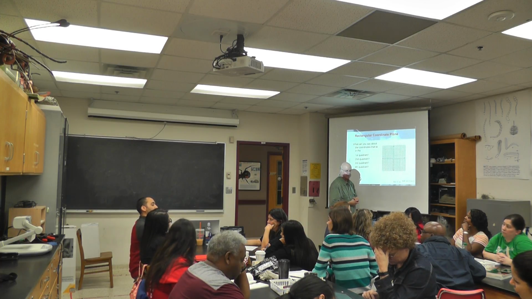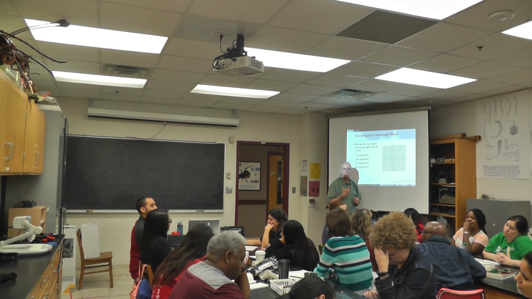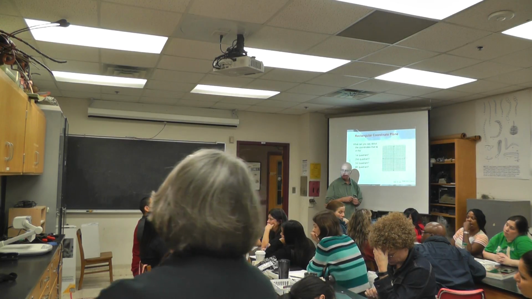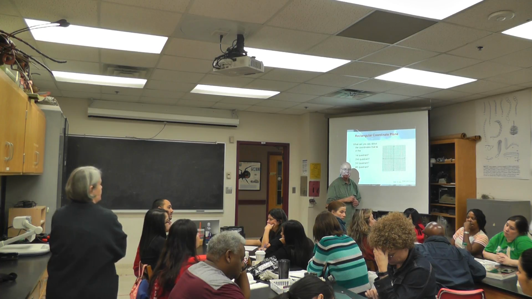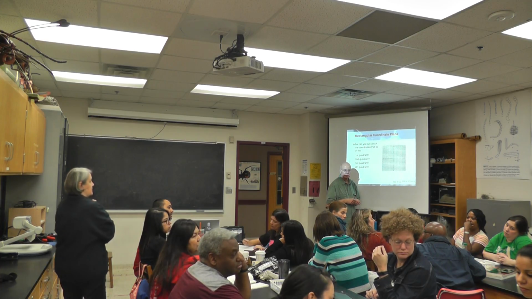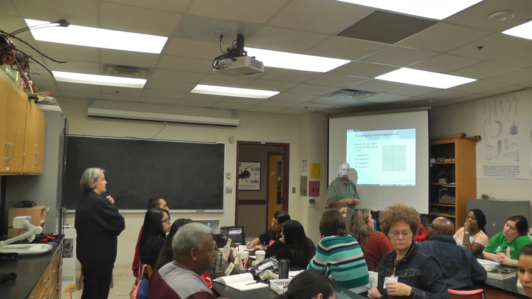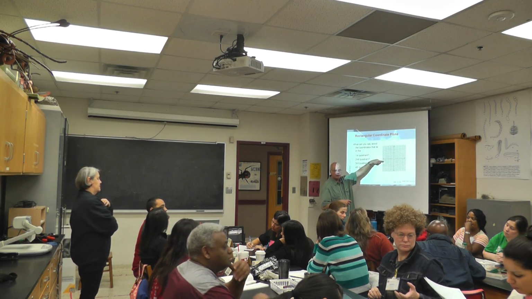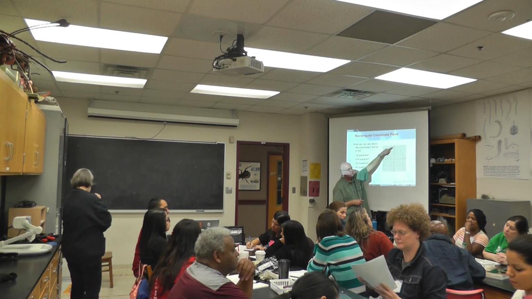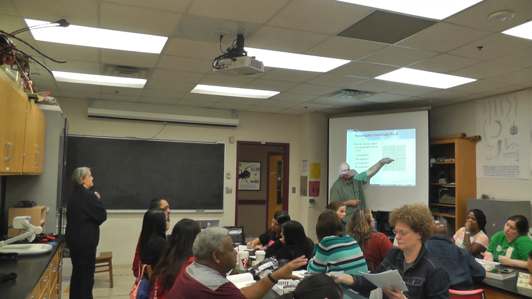Brandon, I can't hear. When you said X, Y, Z, what do you mean by X? On the X axis. Okay, so the Y would represent what? On the Y. And then the Z would represent,